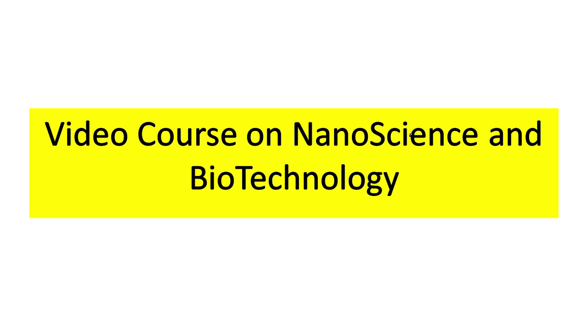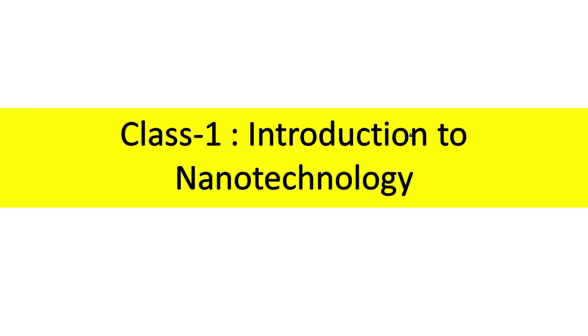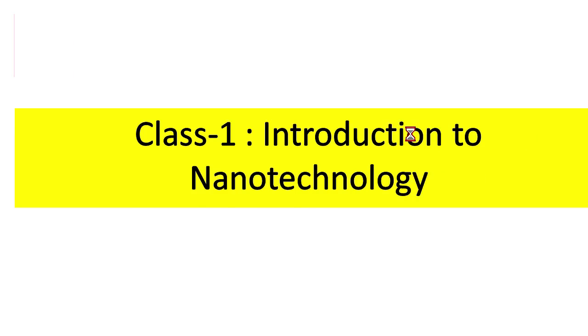In this session we are going to study nanoscience and biotechnology. We will cover 4 modules. In the first module we will cover nanomaterials and the properties of nanomaterials. Then we will cover the devices used for the study of microstructures. Next we will study the synthesis techniques for nanomaterials. So this is your first class. In this class we will cover the era of nanotechnology, how nanotechnology is playing an important role for society as well as for different areas of application, and solving problems in society.